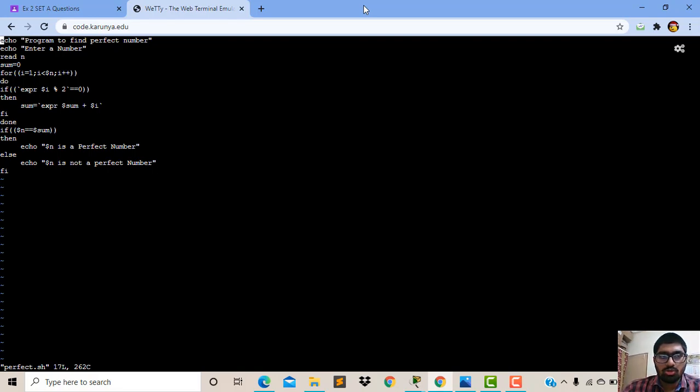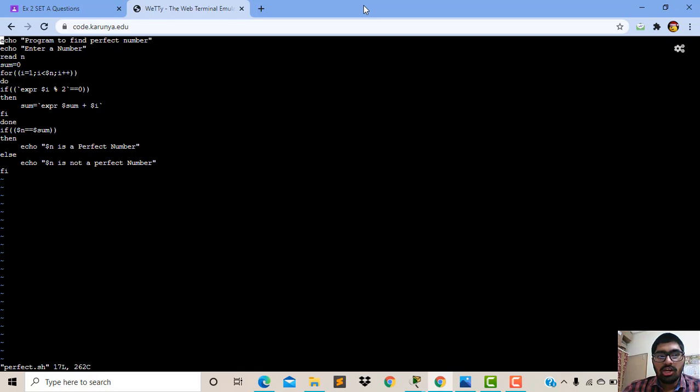Then do, if the expression n modulo i equal to 0, that checks whether i is a divisor of the number. Then sum equal to the expression sum plus i. For example, with 6, the check finds the divisors 1, 2 and 3.